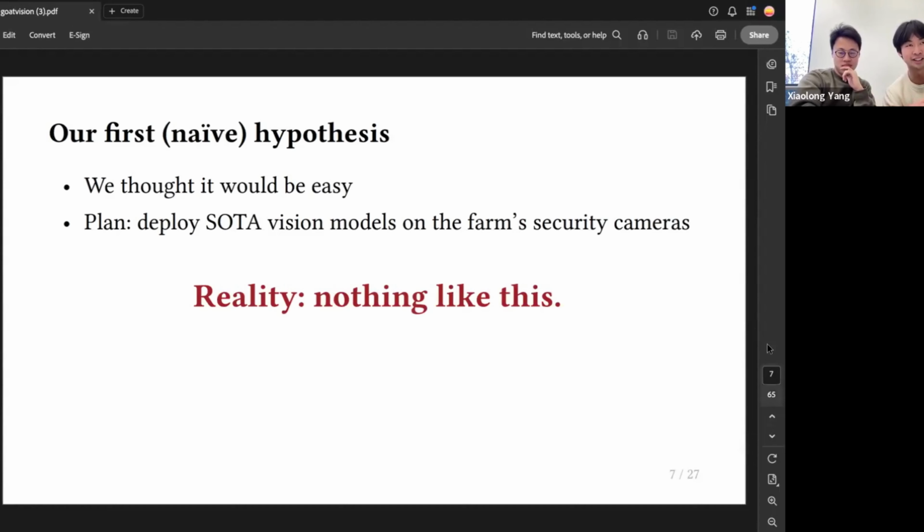And then it's not something that you can actually deploy in a real farm. So that was gone. The other thing is it's not too accurate either, because the other big wall is that these models are not trained on this specific type of goat. These are special to Inner Mongolia.